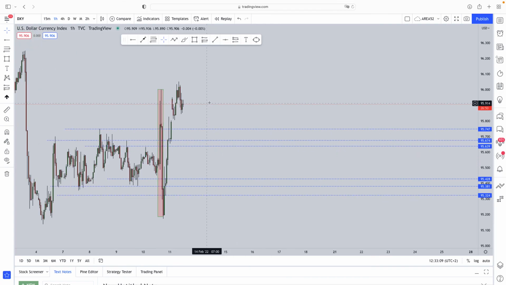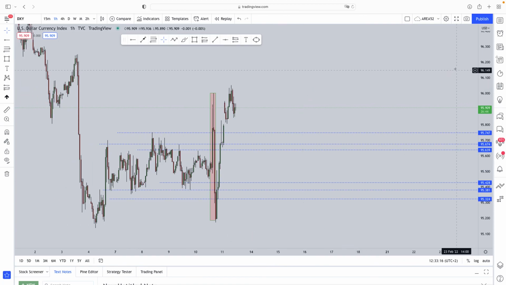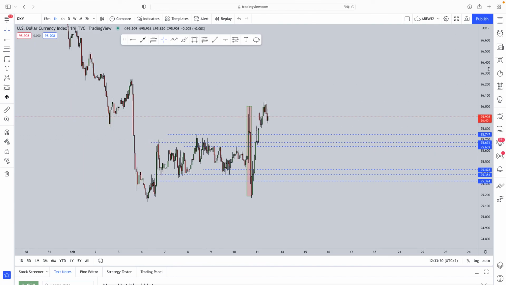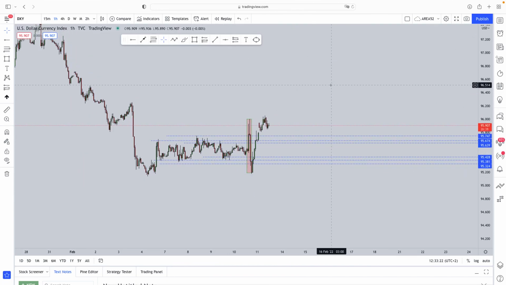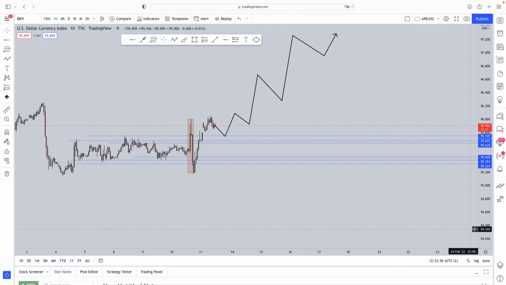So what the market did yesterday, and you can go look at gold, this affected everything. Gold took a massive drop and then went to the upside. Now, keep in mind that fundamental data drives the long-term momentum of the market, the long term. So in the long term, we can expect the US dollar to grow, okay? Not in the short term. A lot of people expected this yesterday, but it doesn't happen like that.